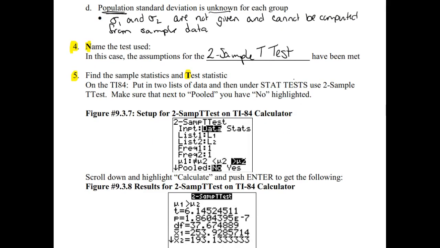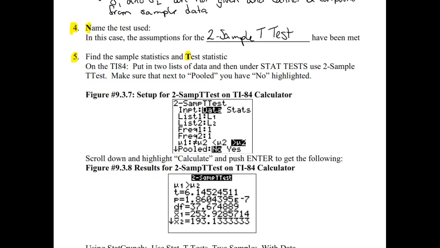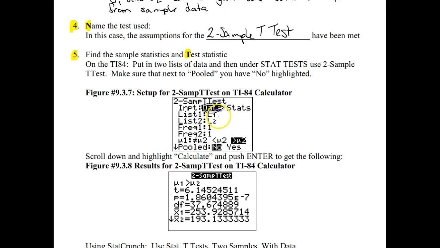On the TI-84, we would hit Stat and arrow over to the Test menu and scroll until we find the 2-sample t-test. In this case, we have data, which we entered into L1 and L2. The frequency 1, frequency 2 defaults are 1, and we never touch those all semester long. Our alternative hypothesis was that mu1 is bigger than mu2, so we'd highlight the greater than mu2 symbol here. At this level of course we're not going to get into pooling variances versus not. So for this intro course, next to pooled, this should be highlighted as no, and we're never going to change that in this intro course.